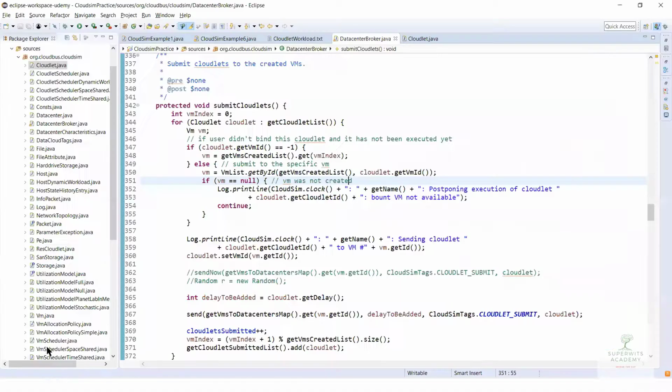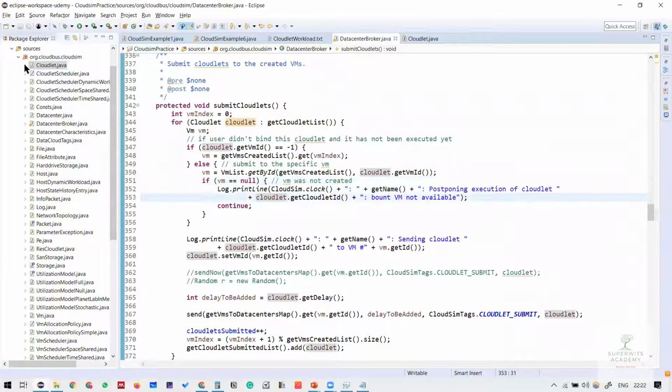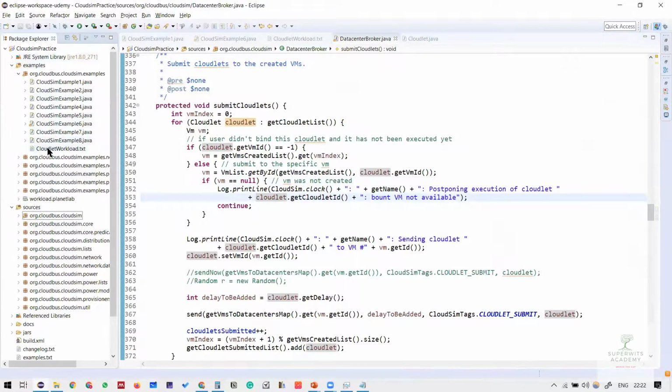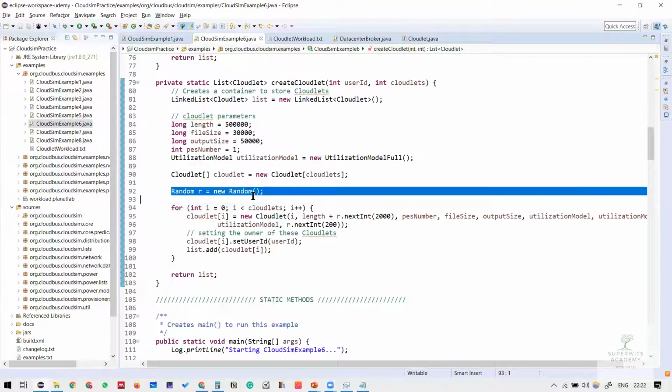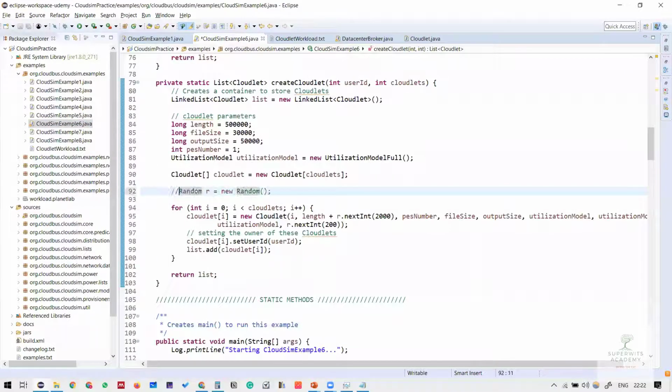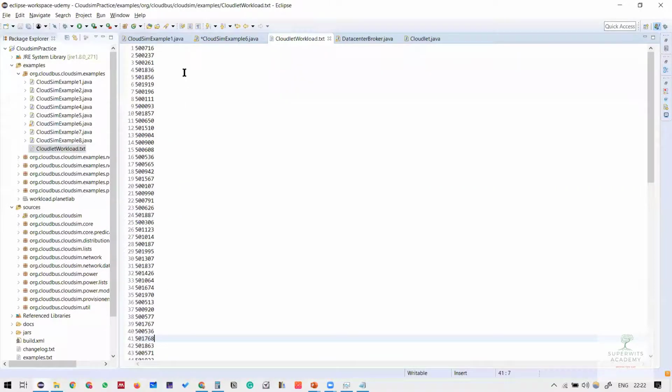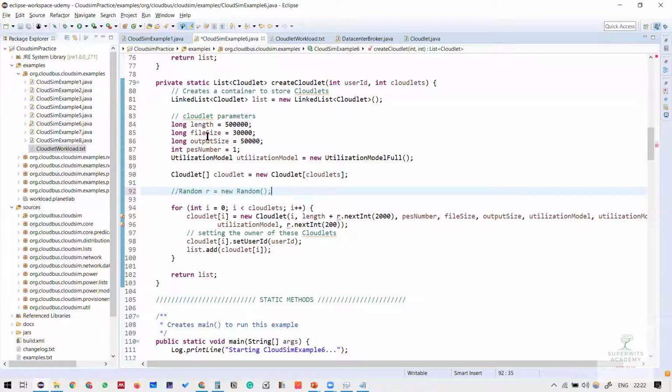Okay, Eclipse. Here is the Eclipse. Within this Eclipse, you might have noticed that I've created this text file. Once I generate this text file, instead of using random, I'll be using the file stream class to read it line by line, and then putting that value into this length parameter, the length parameter which we are passing over here. That is what I explained to you.